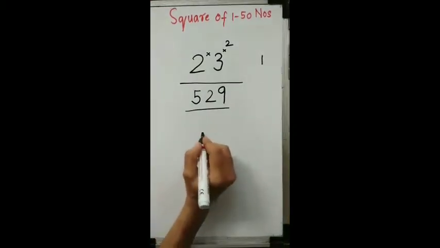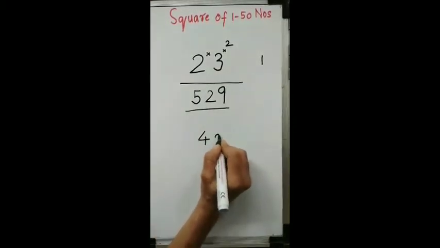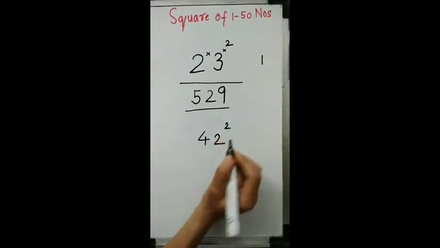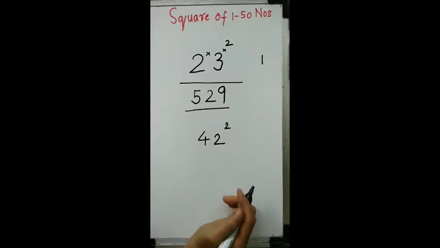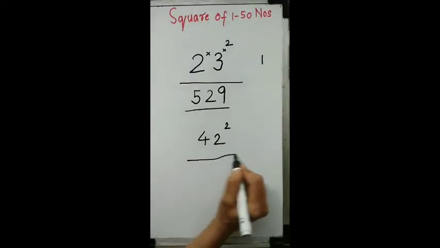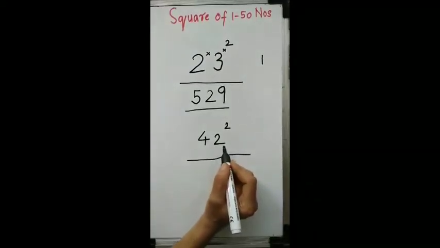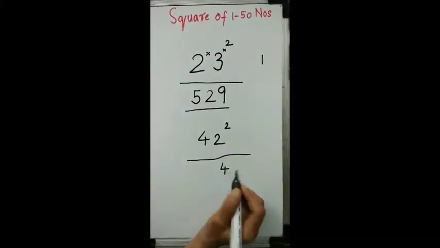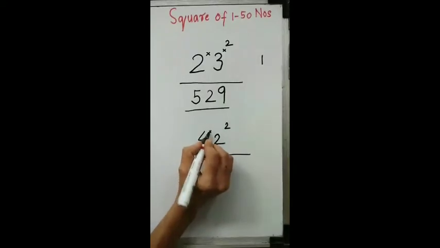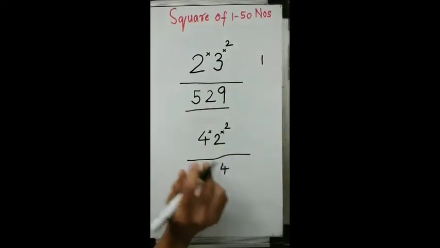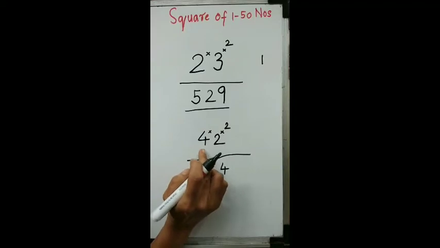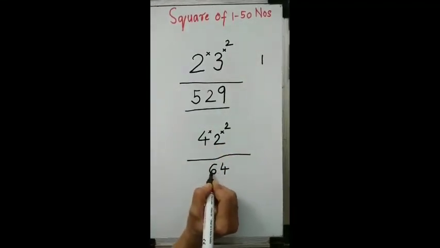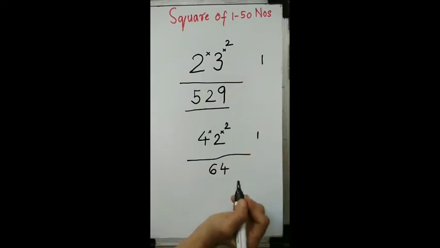For example, my number is 42 now. Okay. Now, I have to find the square of 42, right? So what am I going to do first? First I will square the number in the units place. 2 2s are 4, right? Now I will multiply all the digits and then I'll get the next number. 4 2s are 8, 8 2s are 16. So I write the unit place number, I carry 1, right?